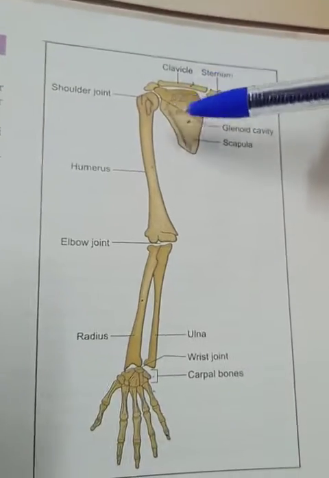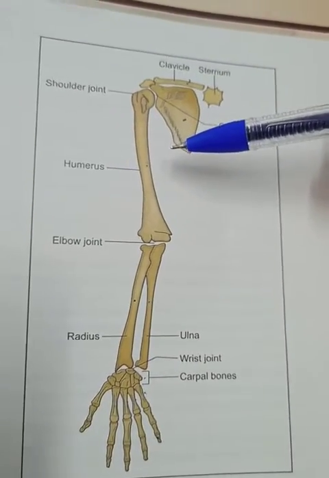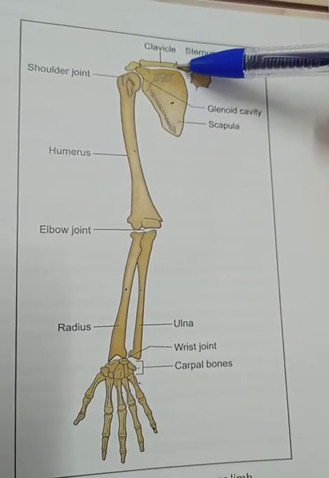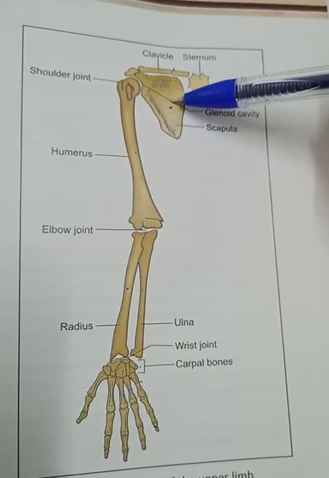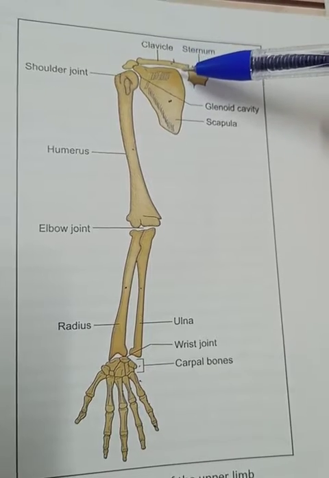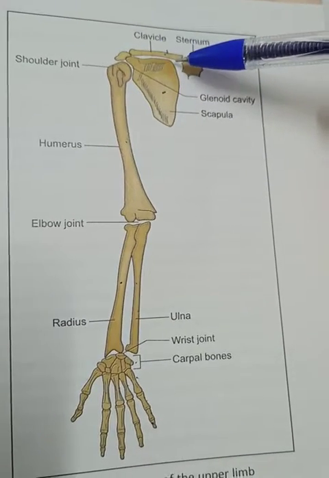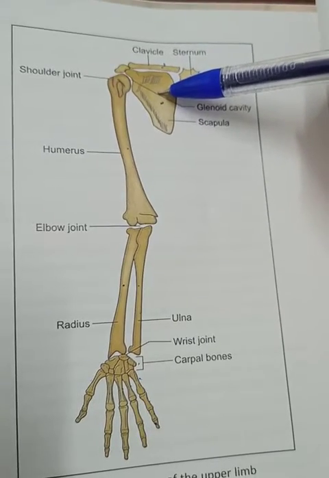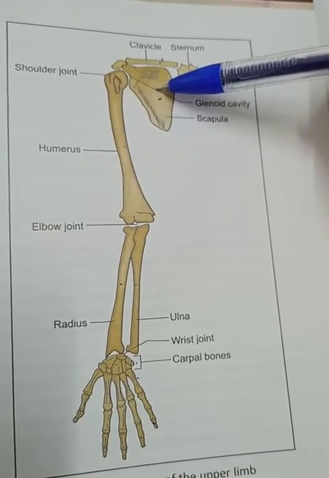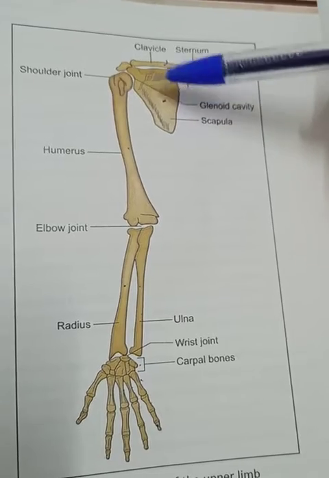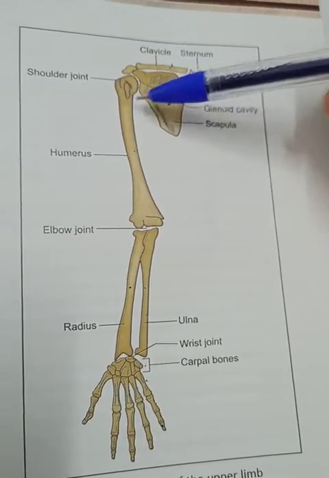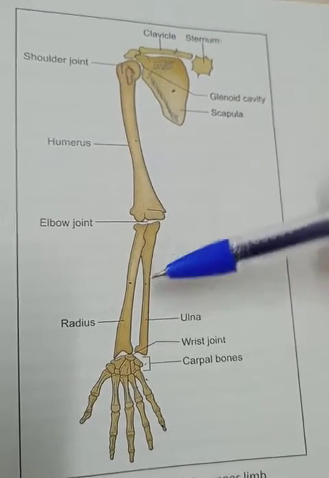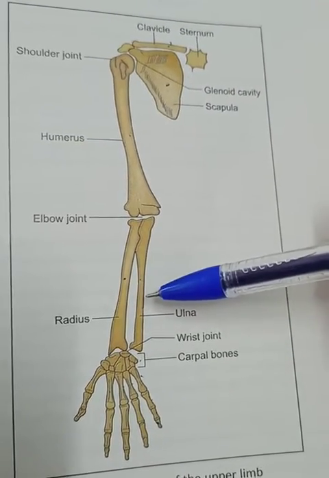So we can go through the skeleton of the upper limb, that means bones which form the upper limb. Here we can see this is our clavicle and this is the scapula. The clavicle can be seen near our shoulder, anterior part. Anteriorly we can see the clavicle, and posteriorly, in the back part of our body, we can see the scapula. So clavicle, scapula, and this is our humerus, and here we can see this is the radius and this is the ulna.